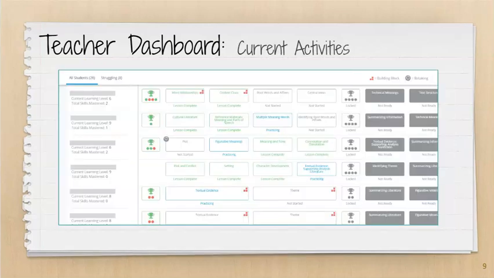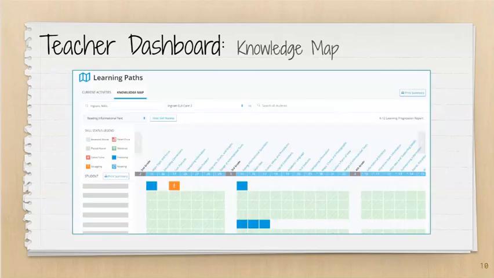The current activities view shows the topics students are practicing, topics they have mastered, topics they are struggling with, and the topics they will learn next. The knowledge map displays student progress through their learning paths. It offers a higher level view than the current learning activities section and is especially helpful for monitoring students' mastery